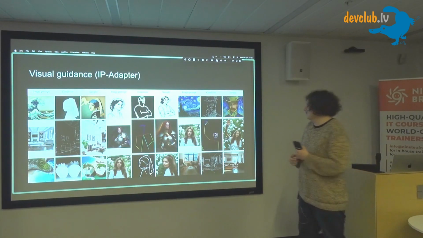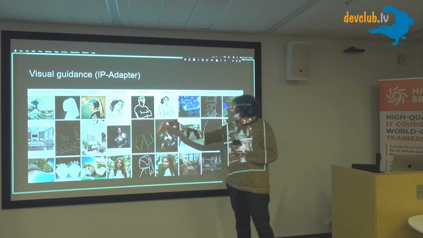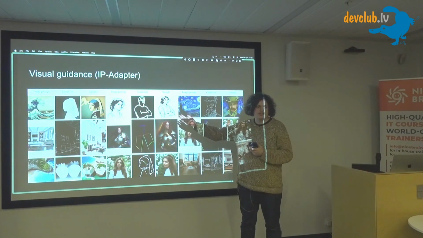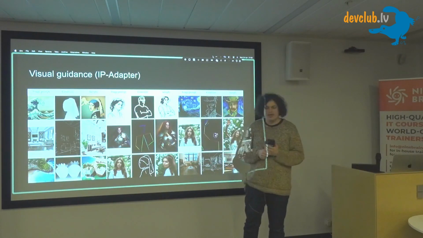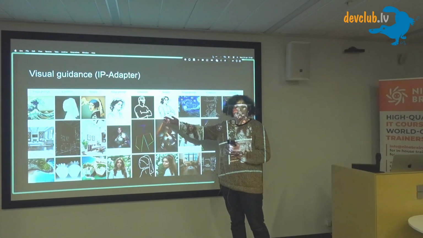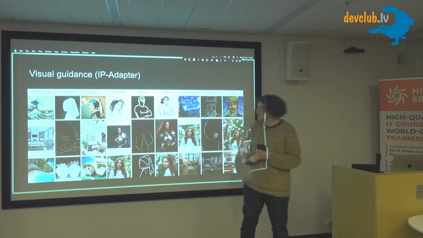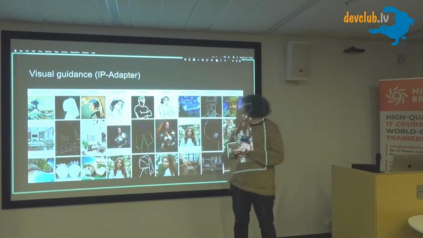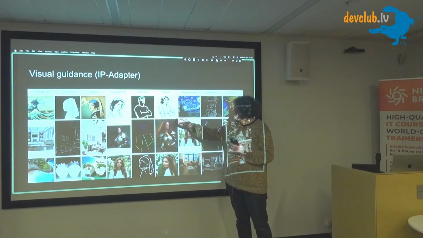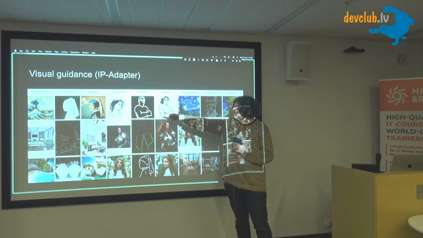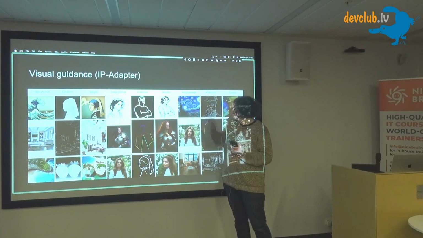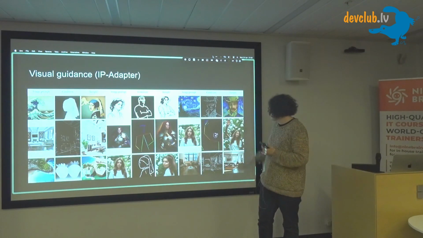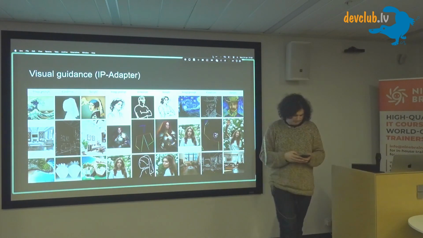Here is an example. Here is a woman drawn as a sketch with a pencil. And here is a condition, the ControlNet scribble. So we add the ControlNet condition and the style of an image, and at the end we are having the structure of the ControlNet condition and the style of the IP adapter style condition. So here it is. You can see there are a lot of different ways we can do this.